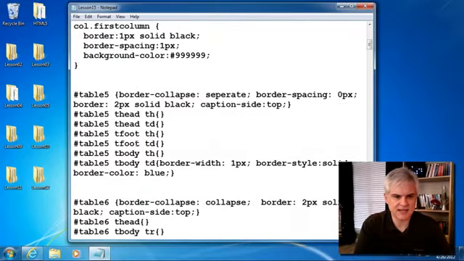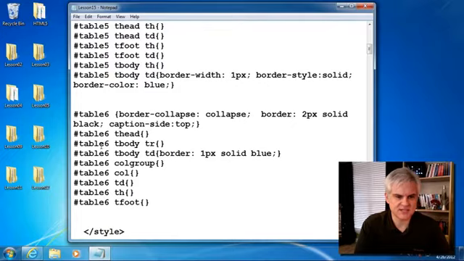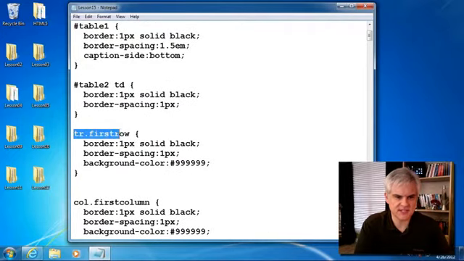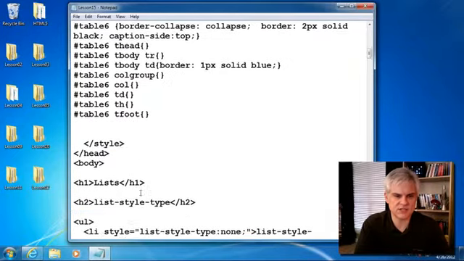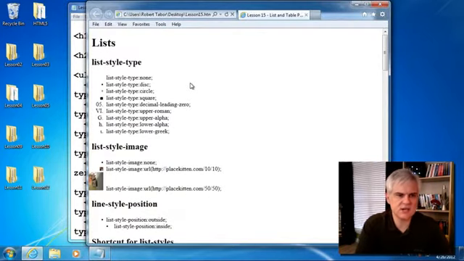So just keep that in mind that I have table 1, table 2, table 5, table 6 defined. I also have some specific things like first row and first column, and we'll dissect these in just a moment. For the list items, notice that I'm using the style attribute and then defining the styles inline like so. So let's go ahead and start with the lists, and notice that by default, whenever we create an unordered list, the list style type is disk, but there are other options as well that we can set, like none, for